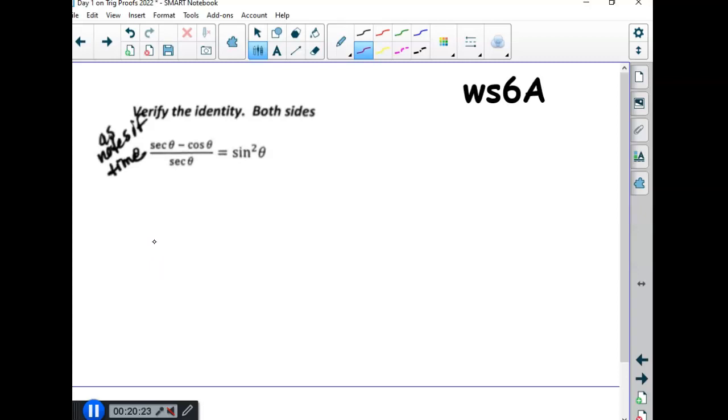I think I want to work with the left-hand side, right? Because it looks real messy and I want to simplify it down to match the right-hand side. But any ideas what we could do? There's two options that come to my mind. One is switch over to sines and cosines. But the other, does anybody remember we did a little of this